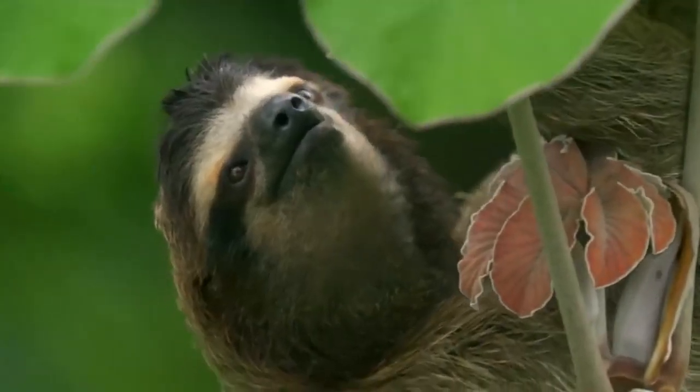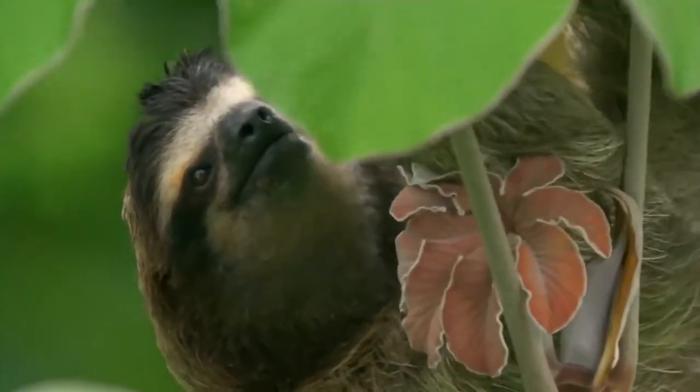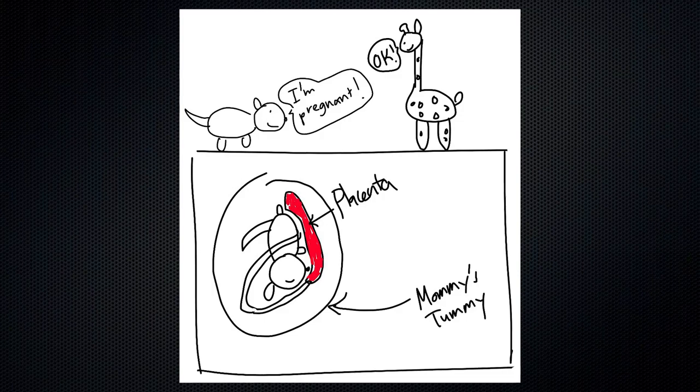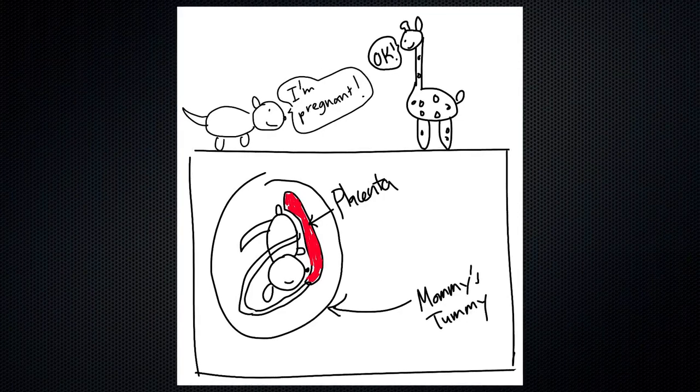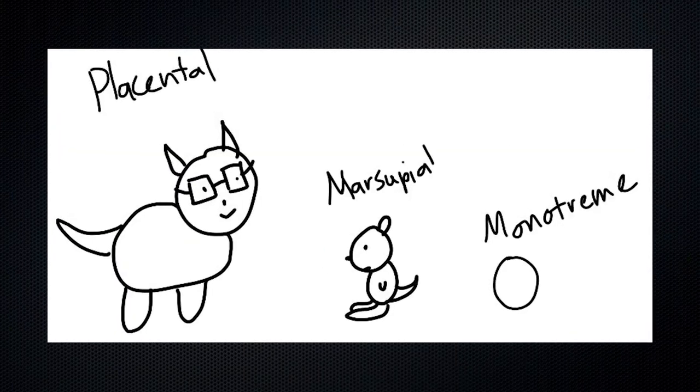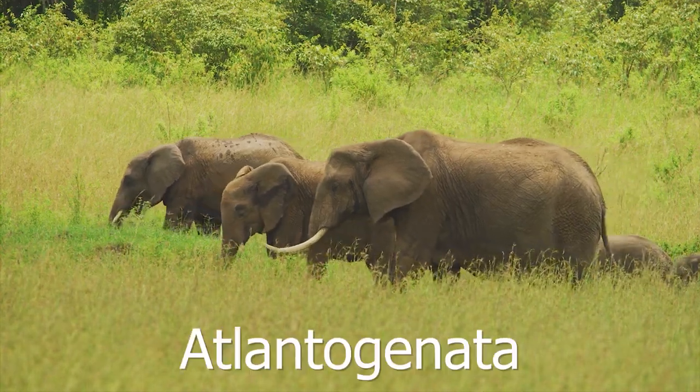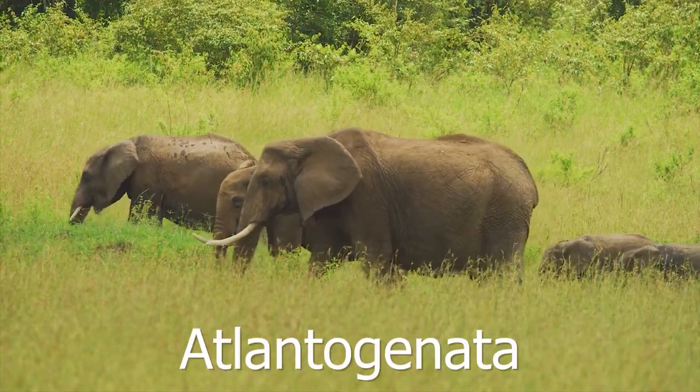These features were due in part to the arguably most important placental development, that being live birth. For these animals, the baby is fully developed inside of the mother, given nutrients by an organ known as the placenta. From there, the baby would come out of its mother in a far more advanced state. Among living members of this group, the order Atlantogenata is arguably the oldest and most distantly related to the rest